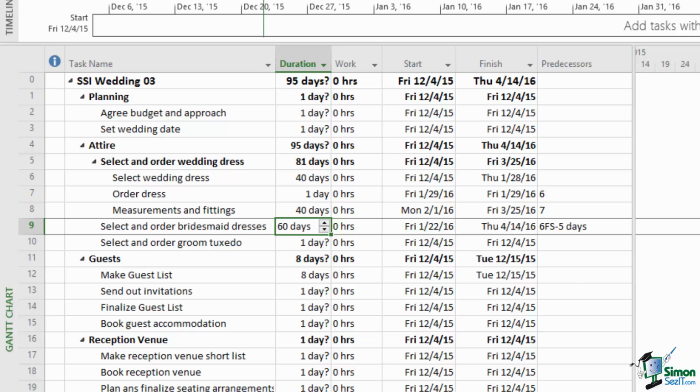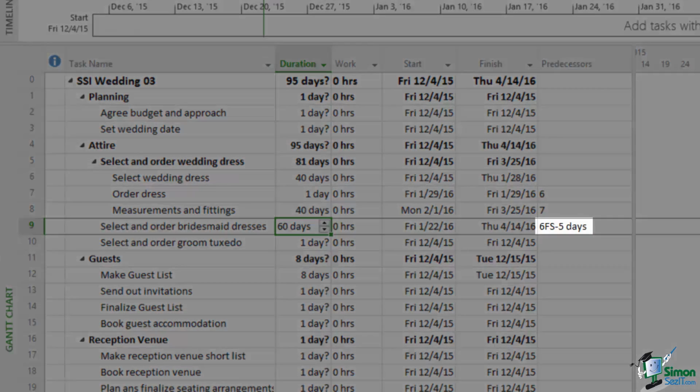If there's more complexity to the dependency, then you'll see something such as you can see for task 9. The dependency is on task 6, so it begins with a 6. The FS basically says this is a finish to start dependency, which is the default, but the reason it says that is because it then says